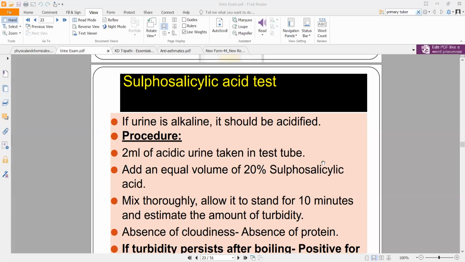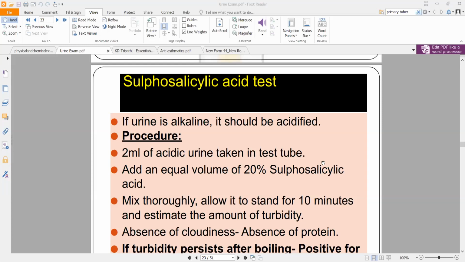If it is asking in general, write about urine analysis, all the chemical tests in urine analysis, or all the physical tests in urine analysis, then you can give a general overview wherein you are writing one or the other tests. You don't need to write all the tests in all of the categories, because you'll be testing for several categories. You'll be testing for glucose, bile, proteins, several other things. So in that sense, you don't need to write everything.